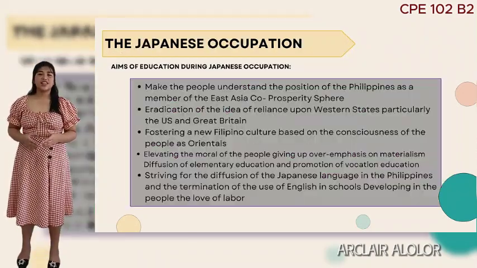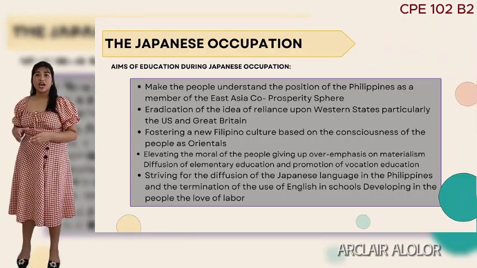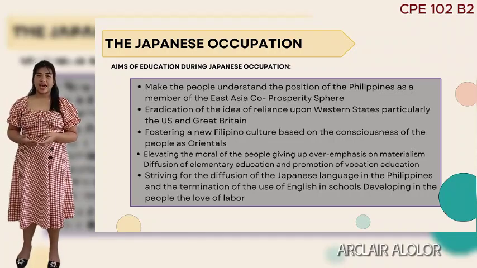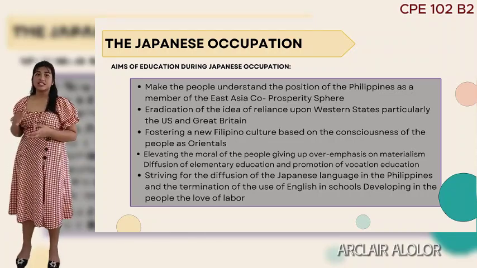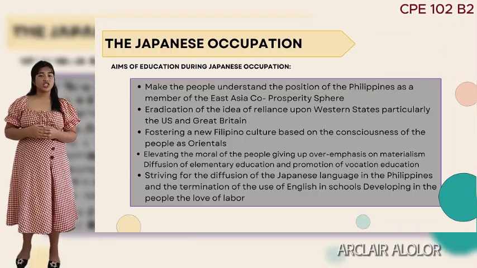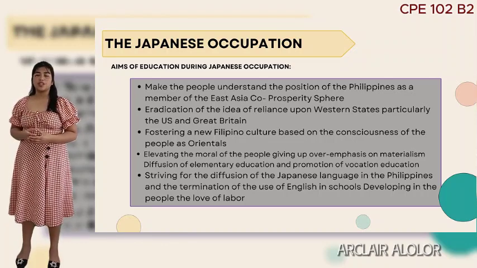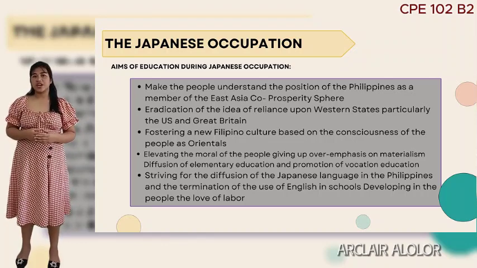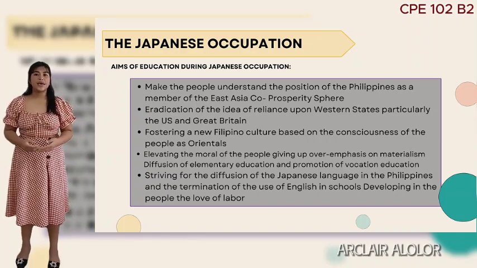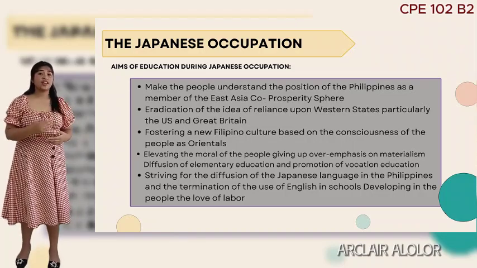Number 6, the Japanese occupation. The aims of education during the Japanese occupation were to make the people understand the position of the Philippines as a member of the East Asia Co-Prosperity Sphere, eradication of the idea of reliance upon Western states, particularly the US and Great Britain, fostering a new Filipino culture based on the consciousness of the people as Orientals, elevating the